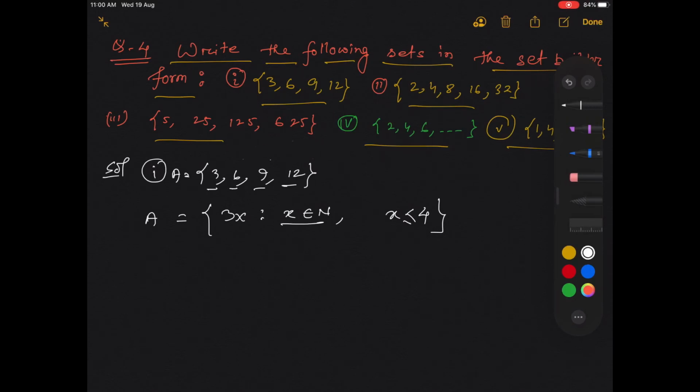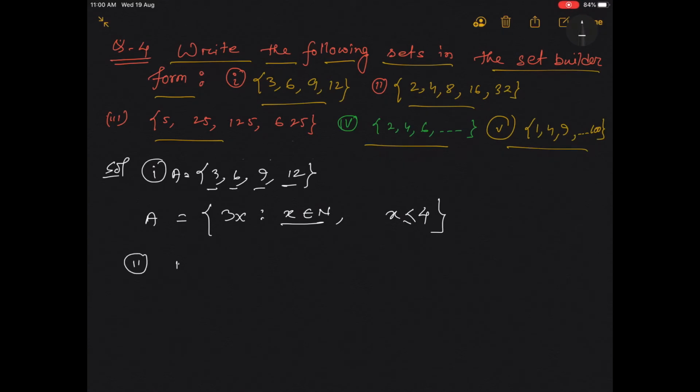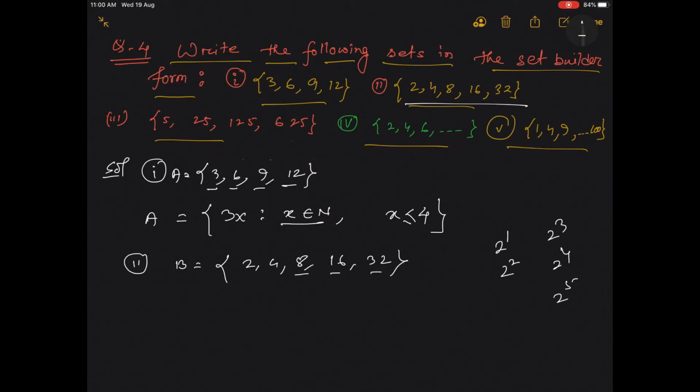So let's move on to the next set. So what is the set number 2 here? This is suppose B. Okay, what is the set here? This is 2, 4, 8, 16 and 32. Okay, so here you see 2 is 2 to the power 1, 4 is 2 to the power 2, 8 is 2 to the power 3, and 16 is 2 to the power 4, 32 is 2 to the power 5. Okay, so we can write